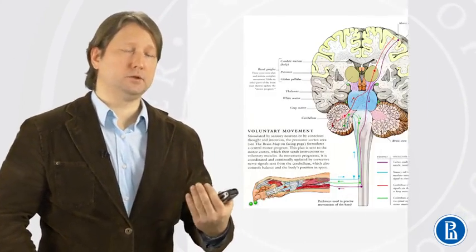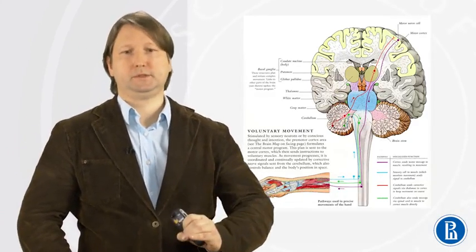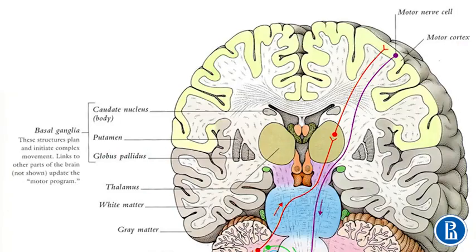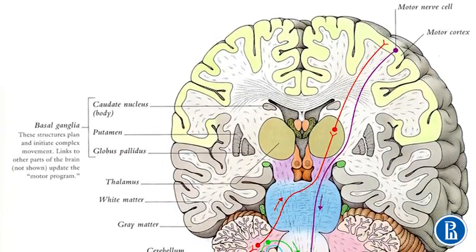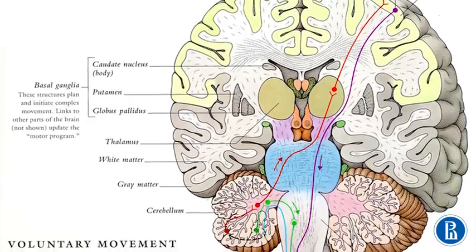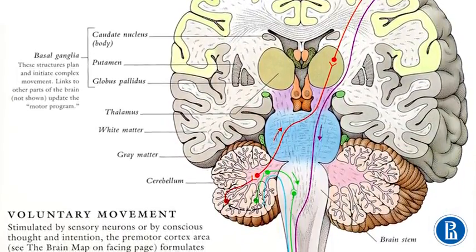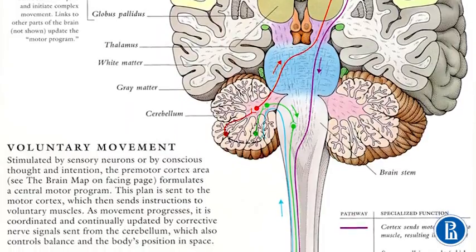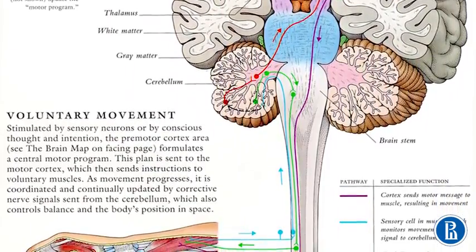So neuroscience is a field of biology that traditionally focuses on the nervous system. Traditionally, neuroscience investigates neuronal networks and the activity of the neuronal networks underlying our behavior. For example, here we can trace all neurons that are programming our voluntary movement. This network starts in our sensory neurons, and next the information is translated to cerebellum, to thalamus, to motor cortex, and motor cortex sends information back to muscles.